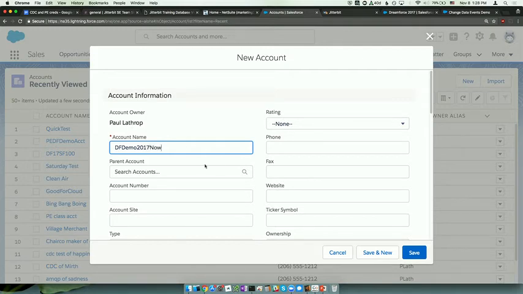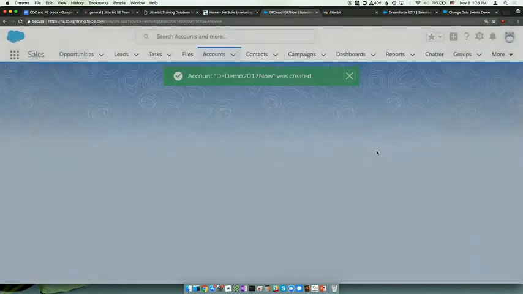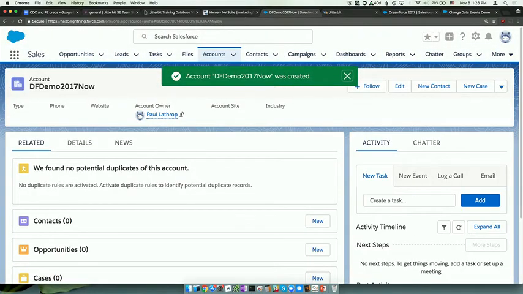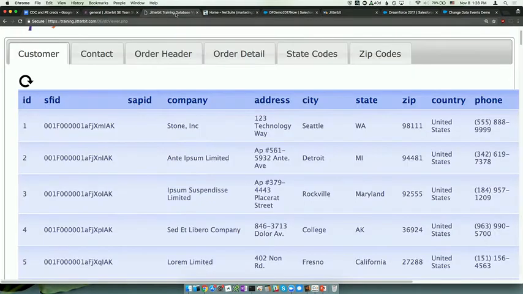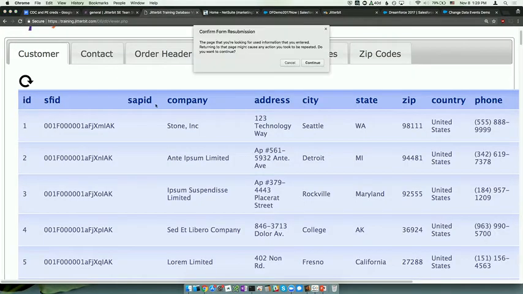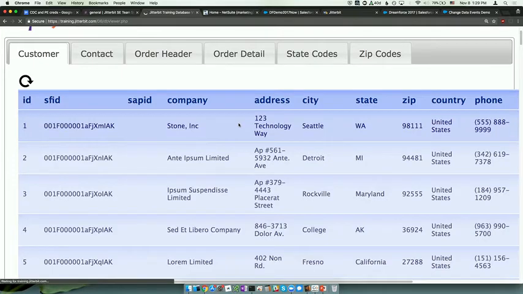DF Demo 2017 now. I'm not going to fill out all the other fields as I want to leave some time for the questions. Now that I saved this information, in real time it has gone over to Jitterbit and allowed Jitterbit to update all the other systems. So this is a quick view